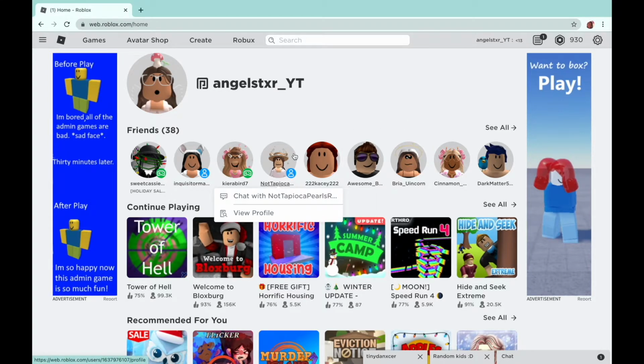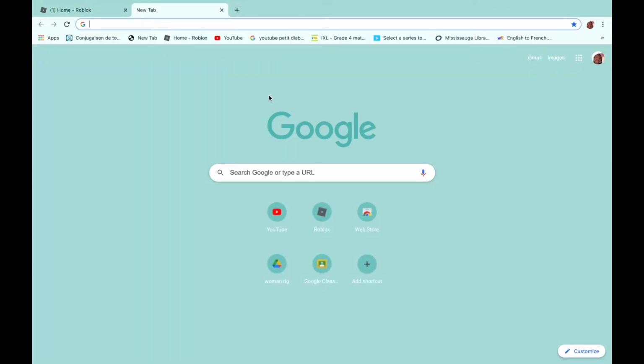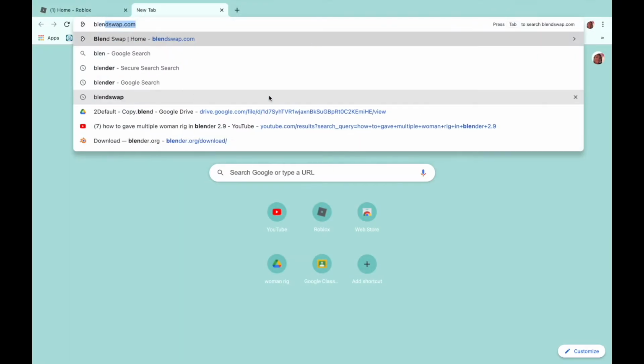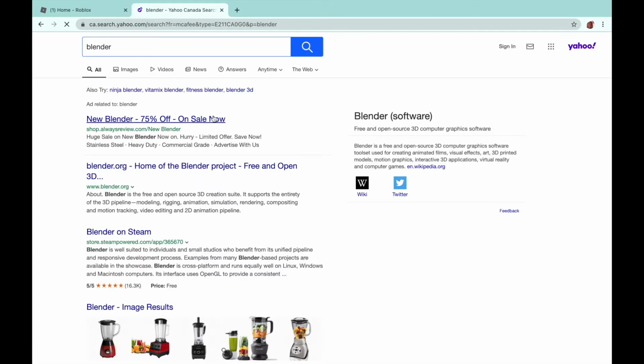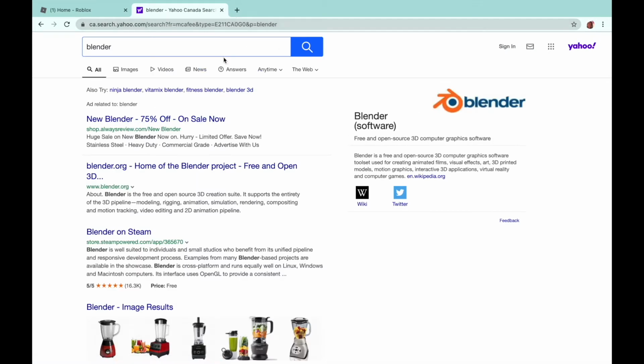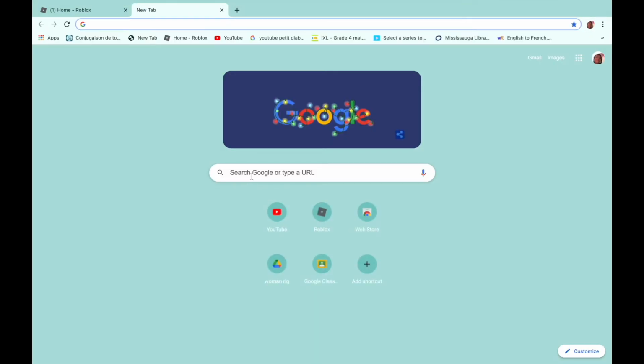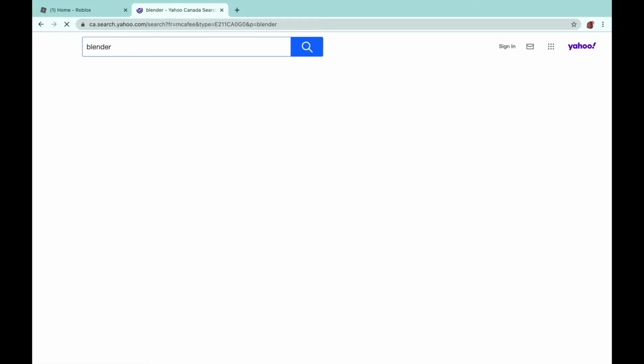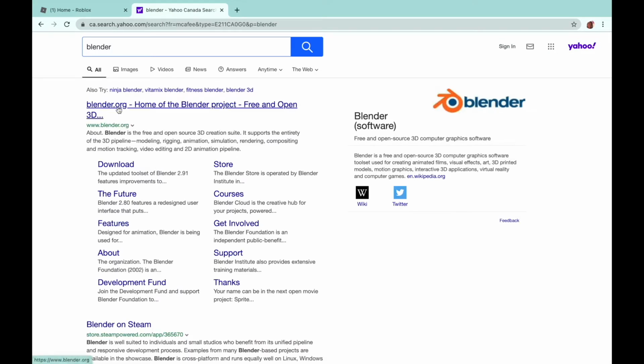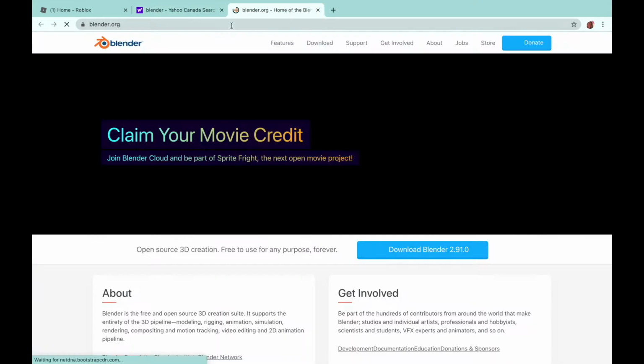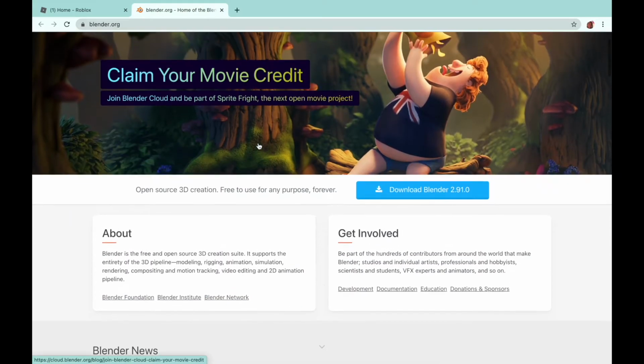ROBLOX GFX. So first you're going to want to download Blender. On your search engine, just search up Blender. I don't know why my search engine is Yahoo, it's usually Google, but let's try that again. Blender. Okay, I don't know why it's going through Yahoo, but it should be right here, and this should be